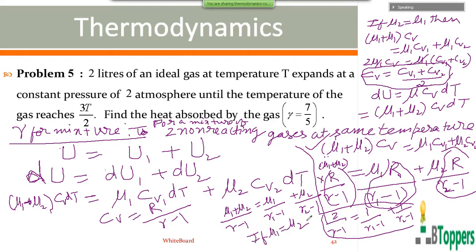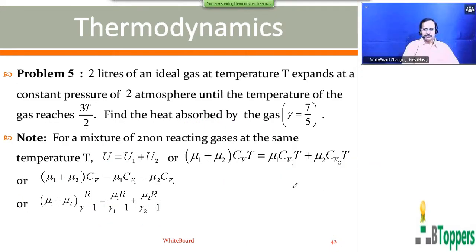You need not write running notes when I am explaining. I will be showing you the notes in a systematic manner now, for what I have discussed in this class, for calculation of gamma for the mixture of the two gases. So now look at the screen. Those who are writing the notes, please take a pause and finish writing the notes.